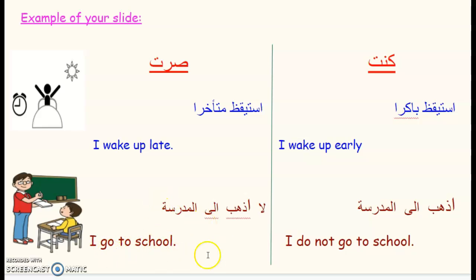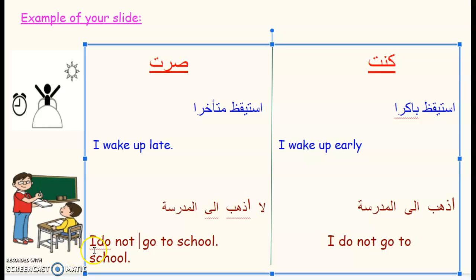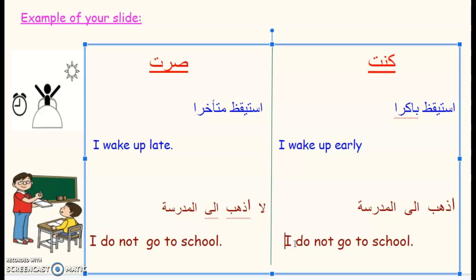Okay, here there's a little bit of misunderstanding. I do not, let me change it. I do not go to school. Right? And here, what do I have? I used to go to school. كنت, I used to go to school. And this one, I do not go to school. All right, and here you have 2 pictures that accompany those sentences.